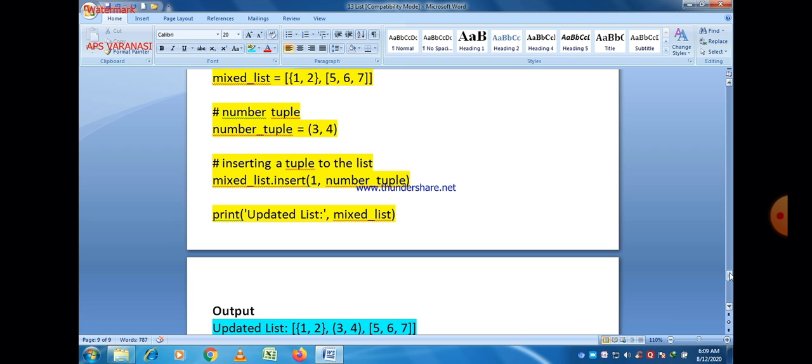If you want to use these 3 methods, first you write the name of the list, because these are all related to a list. These are methods of a list. So write the name of the list first, then put the dot operator sign, then the name of the method, and within the parenthesis you give the different values according to the syntax of that method. So first thing is that.